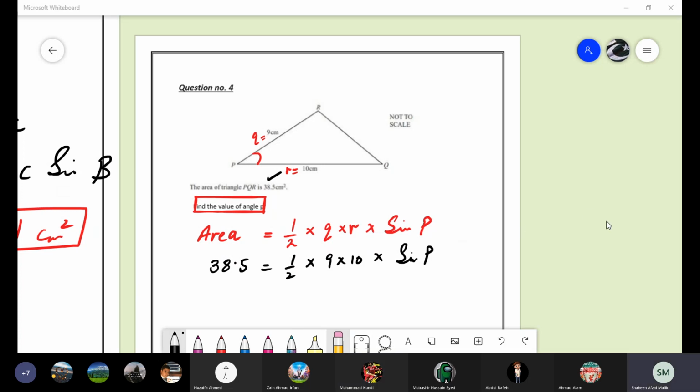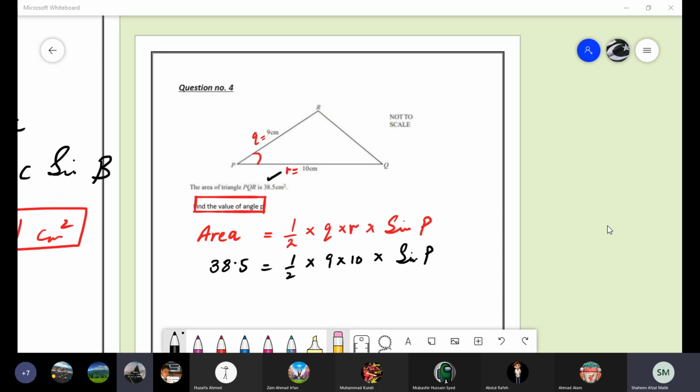Muhammad Kundi, have you done the previous questions? Ma'am, where is the worksheet? Yes, all these three questions. This is the fourth one we are solving right now. Ma'am, I'm taking snapshots and I will print the worksheet today and do it in my worksheet. You are not solving in the class? Ma'am, I'm only taking screenshots and listening to the lecture. After the lecture, I will do it in break when I print the worksheet. I need your worksheet on my WhatsApp.